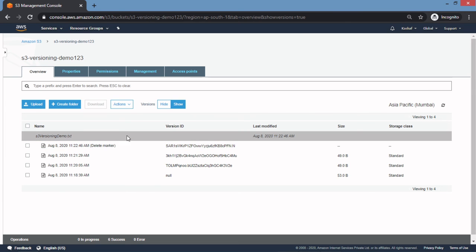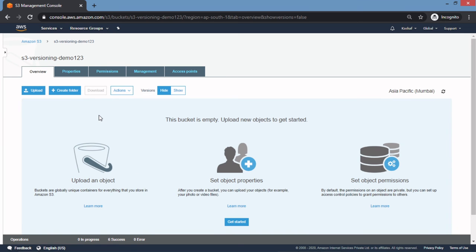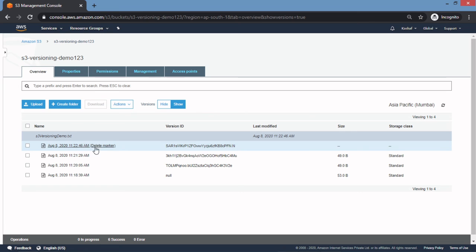For a delete marker, you can only call the delete request. If you try to get, you will get a 404 not found, because the delete marker is now your current latest version, so you cannot get your object.